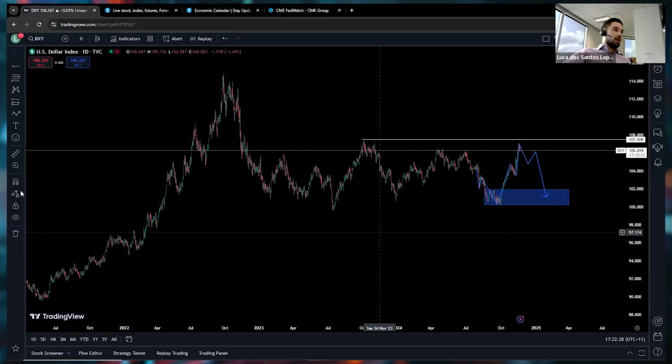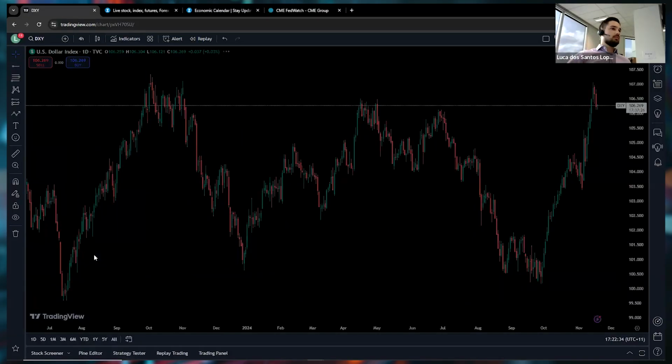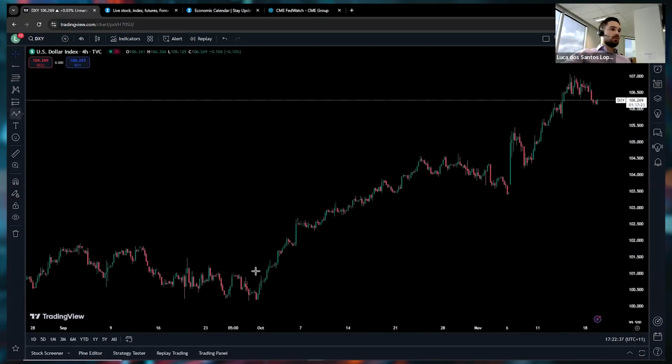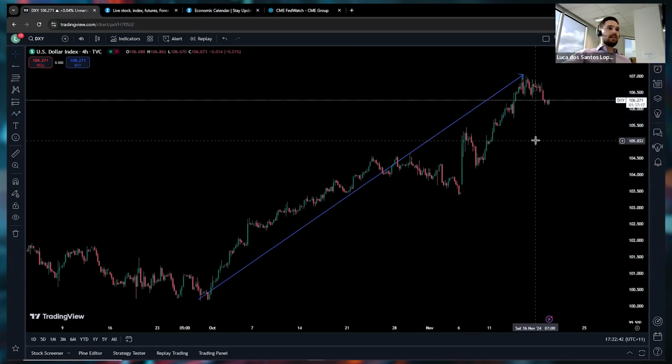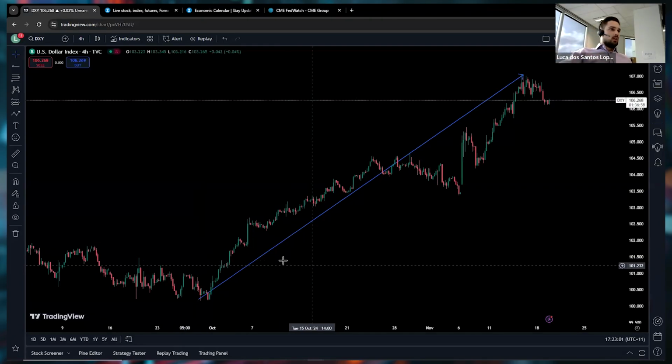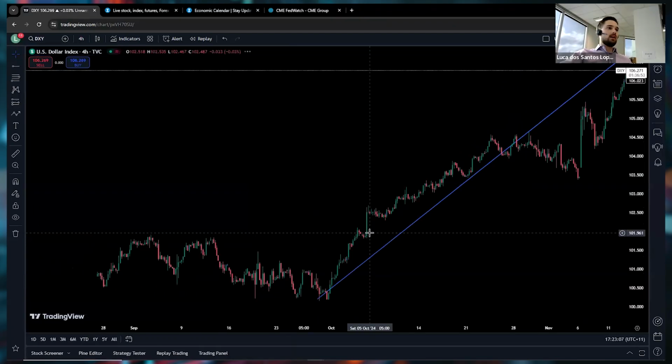Okay, so remember that we had this whole move up. All right, let's go to the 4 hour. Remember, we had all of this move up here, pretty much based on policy decisions, good data, exceptional data actually, and an election. So that was pretty much why it made this move. Remember in October, right here,